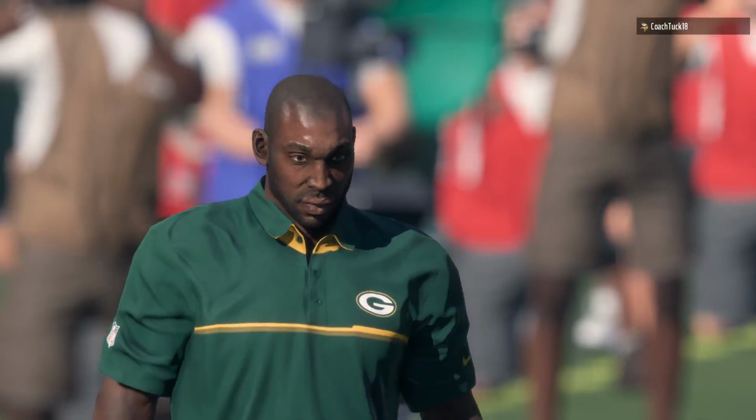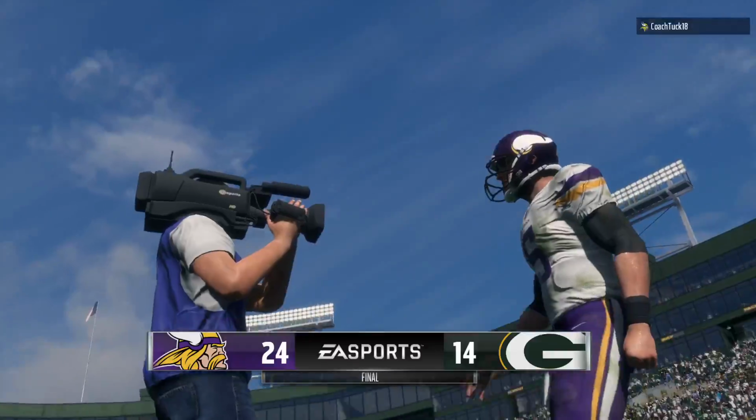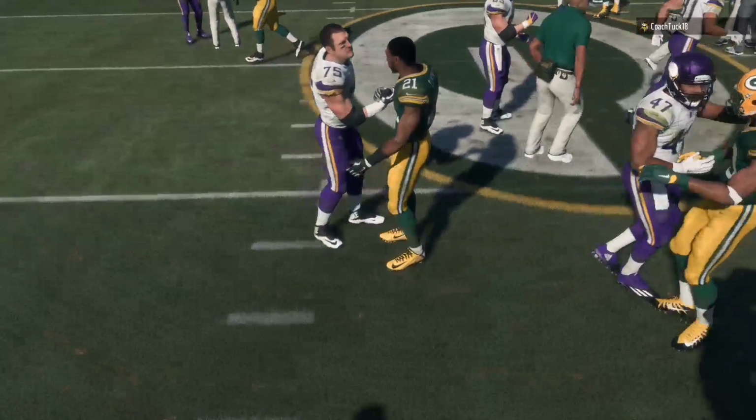A road win in the National Football League. Charles, you never take that for granted no matter who you're playing, no matter where you're playing. You take it and you run with it. And you know you primed the pump all week in your own home facility. No one thinks we can do this. Only people who believe are